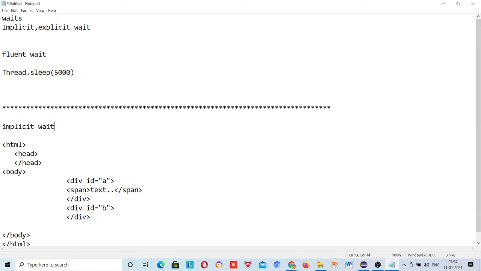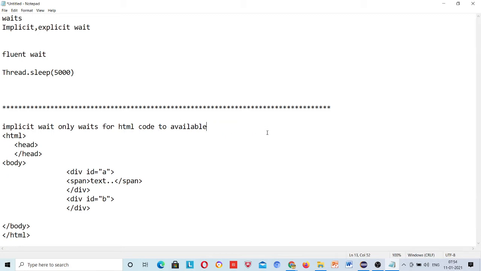Implicit wait only, you can write in your words, implicit wait only waits for DOM to be available in your HTML, or you can say waits for HTML code to be available in your DOM.